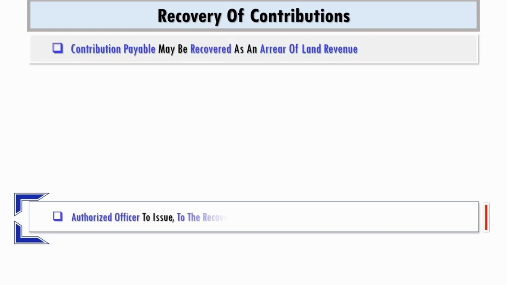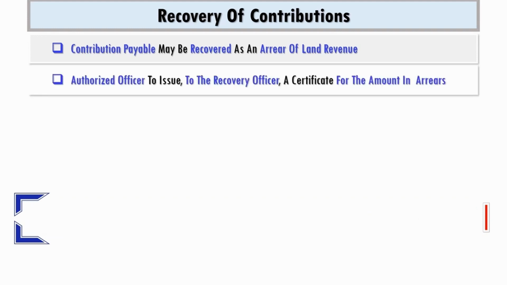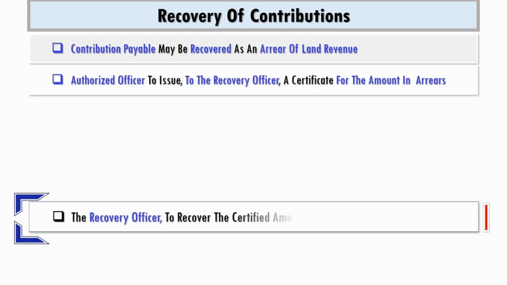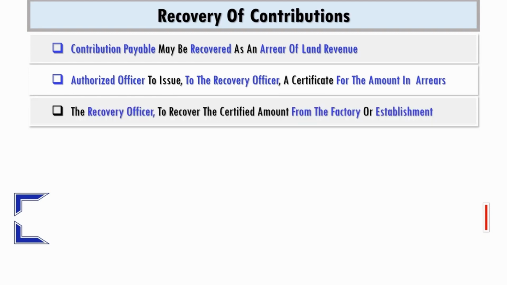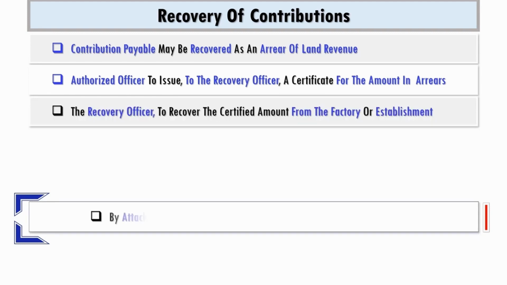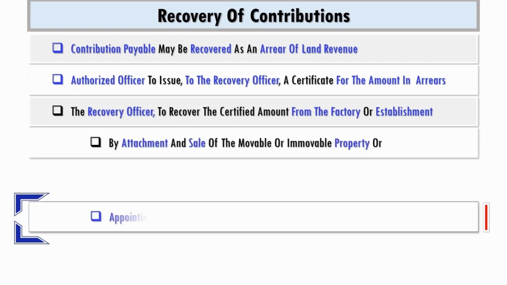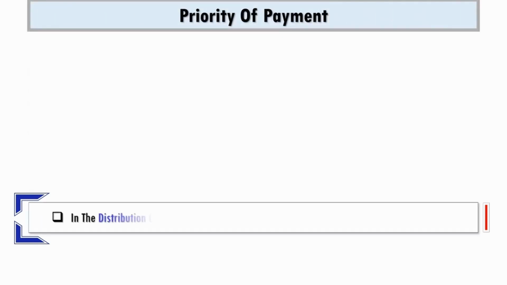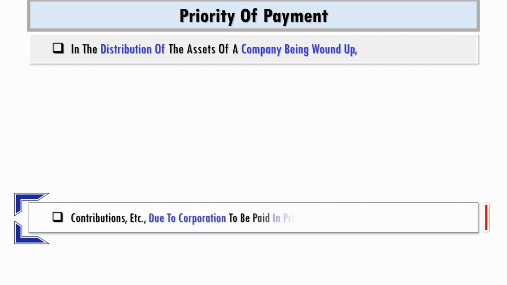An authorized officer can issue a certificate for the amount addressed to the recovery officer, and the recovery officer is authorized to recover the certified amount from the factory or establishment by attachment and sale of its movable or immovable property, or by appointing a receiver for the management of the properties. ESI is a preferential creditor, as in the distribution of assets of a company being wound up, dues to the corporation are to be paid in priority